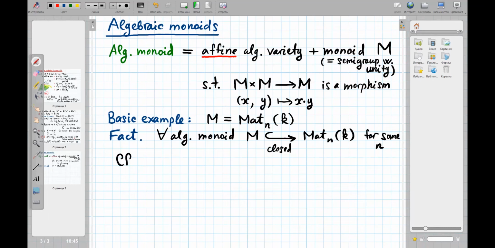But you can take, for instance, the book of Humphreys, Linear Algebraic Groups, which is one of our standard references for the algebraic group theory. And in this book, you can take